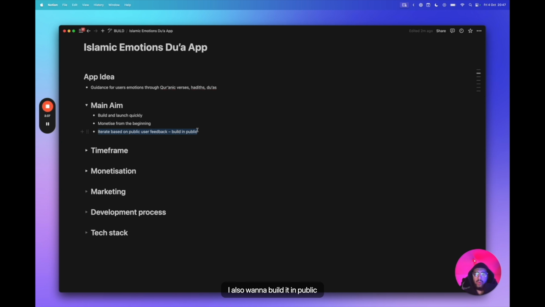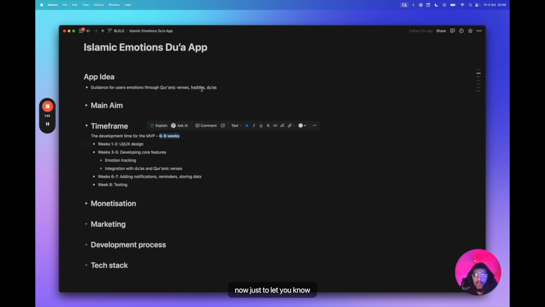I also want to build it in public. I want you guys to be able to let me know on features you might want. I think someone commented last video that they wanted this app in dark mode. I will add that, just not now. I think the main point at the moment is to build the first MVP, make sure the main features of this app work, and then we can add cool appearance stuff like dark mode and themes and stuff like that.